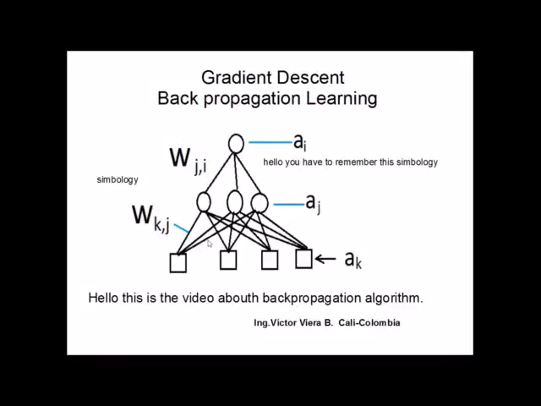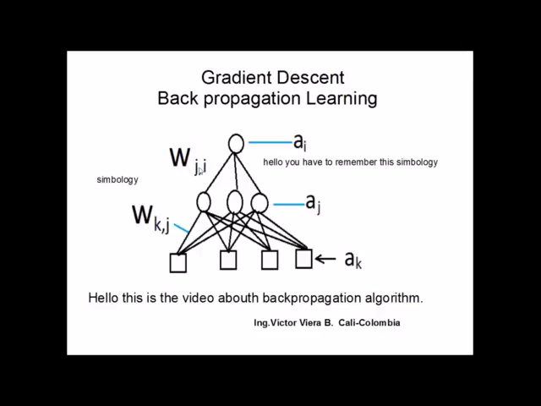The backpropagation algorithm, or the backpropagation learning, part 1. You have to remember the symbology. In this part, we have the output layer. The output layer has the activation of the neuron, the activation a_i. Remember that, please. And the weights